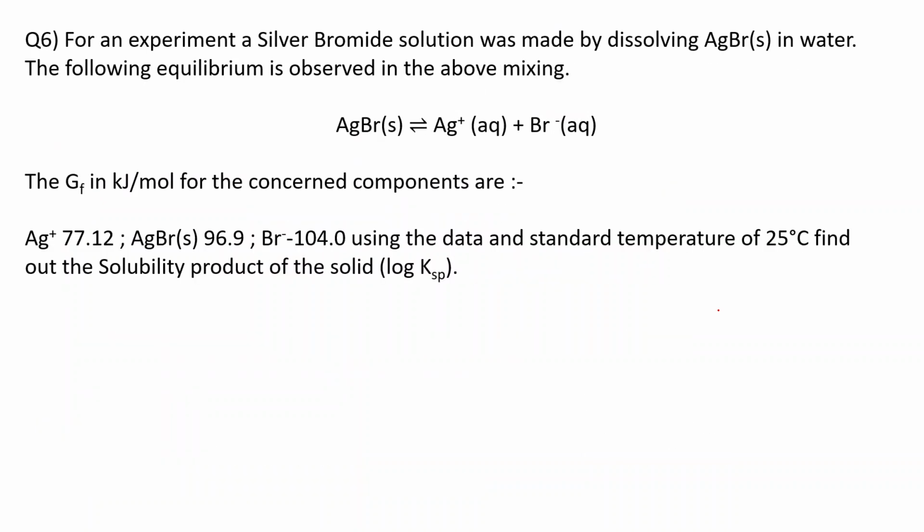Question number 6 is, for an experiment, a silver bromide solution was made by dissolving AgBr in water. The following equilibrium is observed in the above mixture. So we have the Gibbs free energy in kilojoule per mole for the concerned components, Ag plus, AgBr, Br minus. Using the data and standard temperature of 25 degrees,